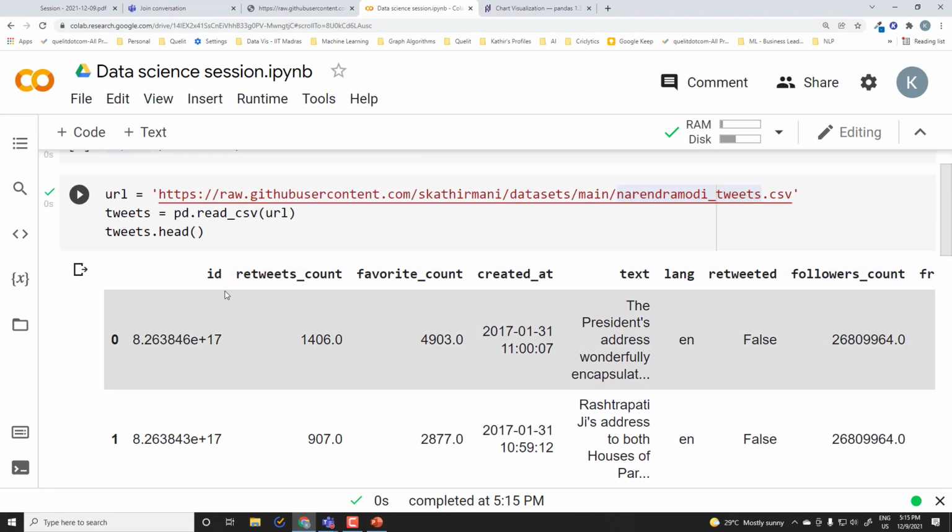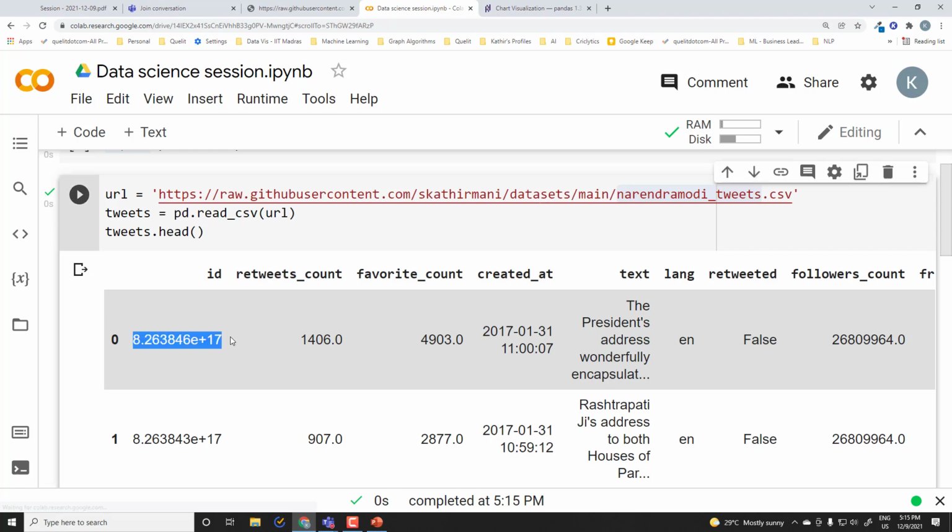For example, this is a particular tweet with the tweet ID, and this particular tweet has 1406 retweets at the time of scraping, and 4000 likes, again at the time of scraping. It was tweeted around 2017 January 31st.